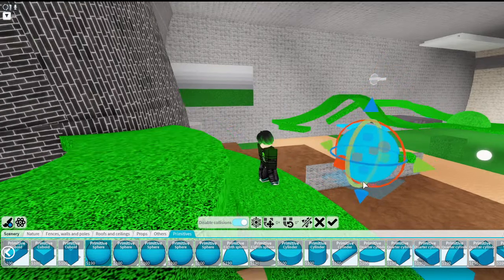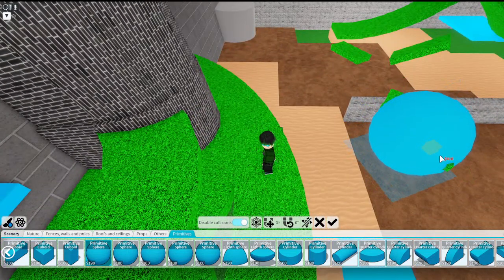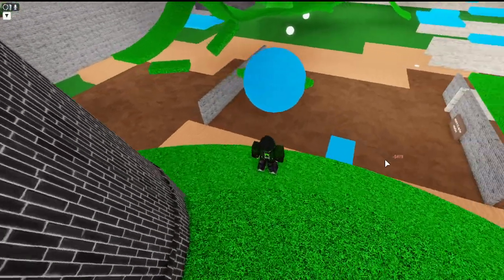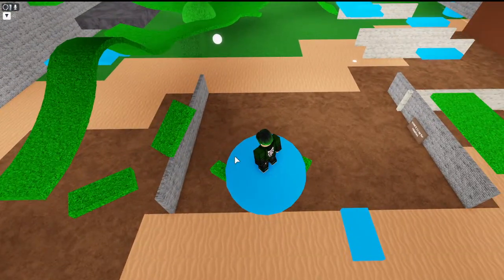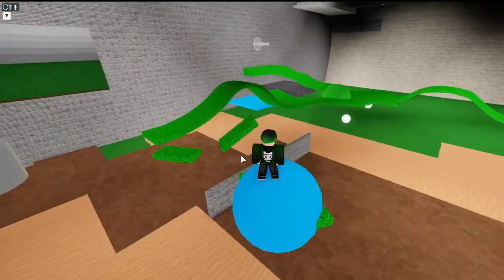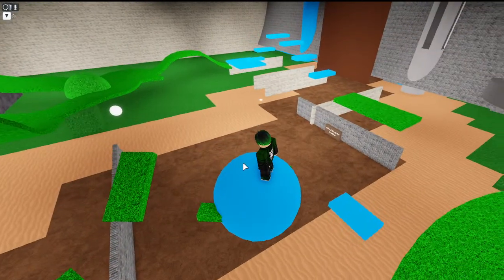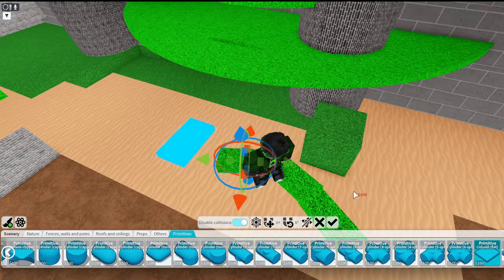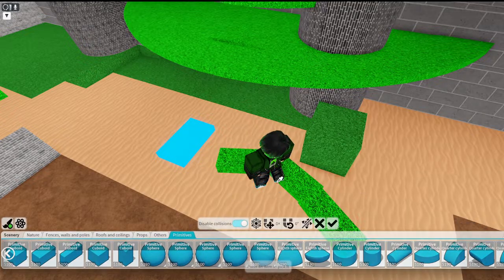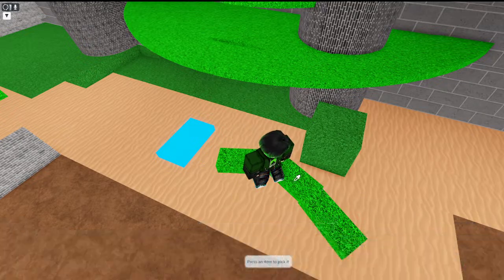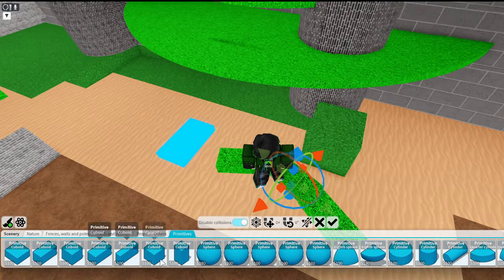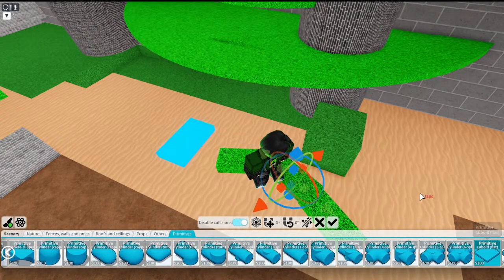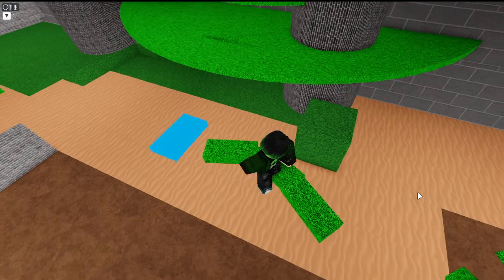Alright, so it's a backward circle. Inverted is the word. Yeah, what primitive is this? Oh, it's a cuboid flat. Why would I use that? Alright, well, it doesn't matter.